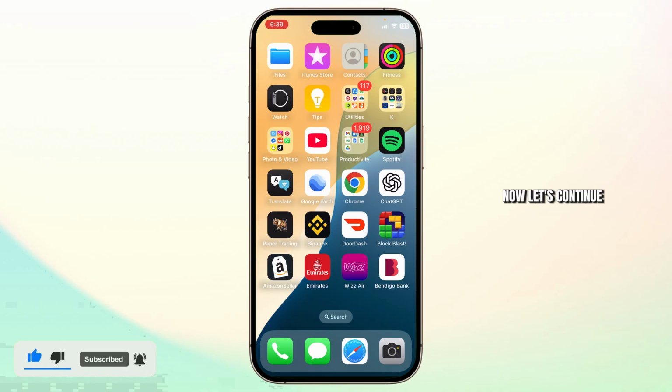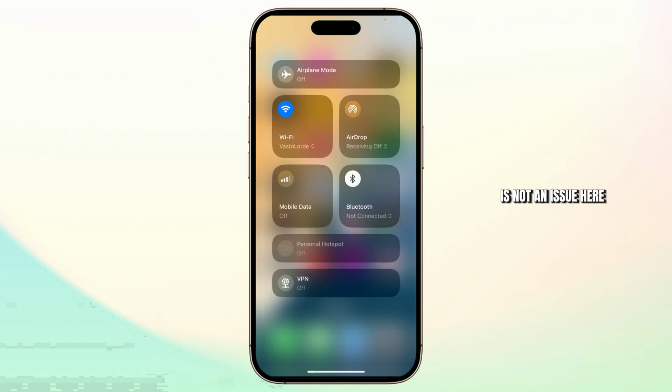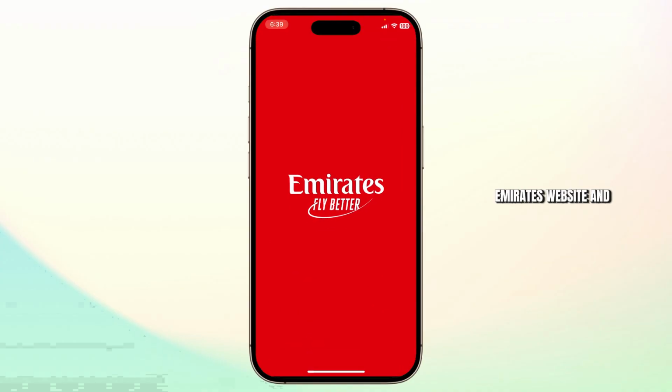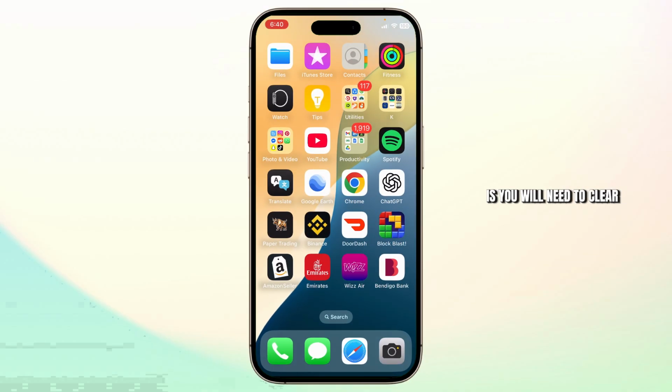Now let's continue. So what you'll first need to do is check for your Wi-Fi connection. Just make sure that network is not an issue here and that you're connected to a really stable internet connection. After doing that, you can then open up the Emirates website and check if it works now. If it still does not work, what you'll then need to do is clear out its